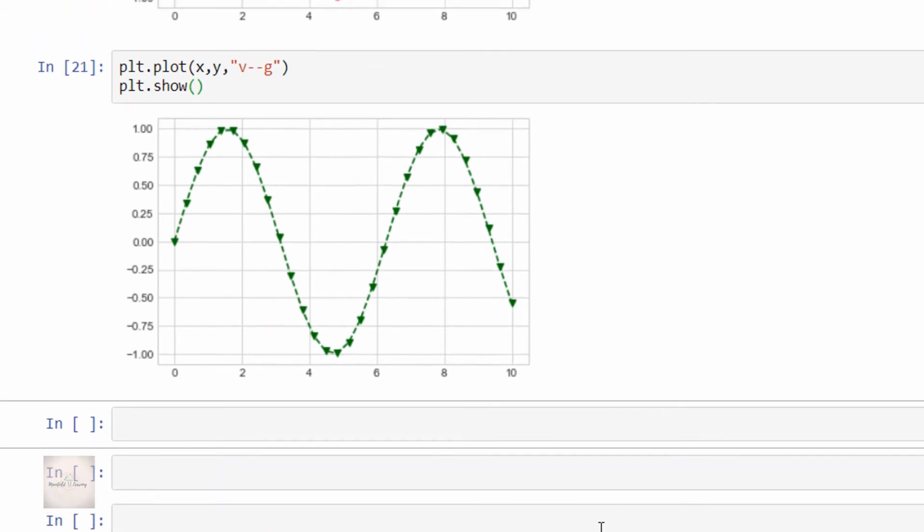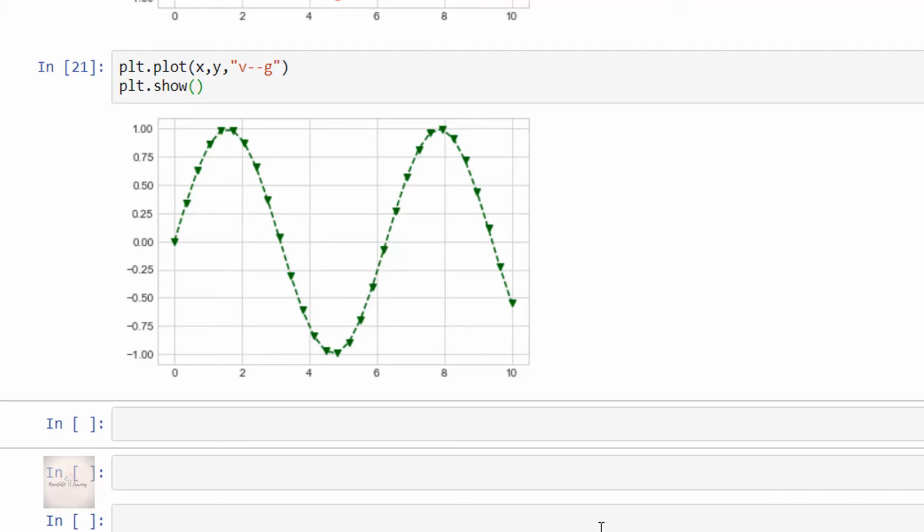Yes, we got a sine wave with green color in dashed fashion and it is having the lower triangle as marker style. Got it? So guys, this was all about adjusting the plot with line colors and styles.